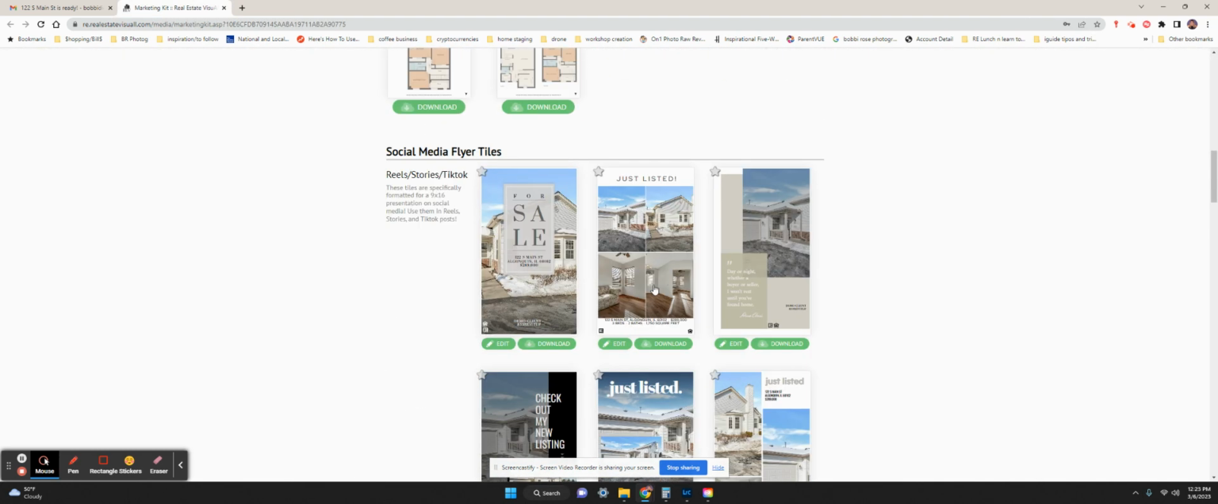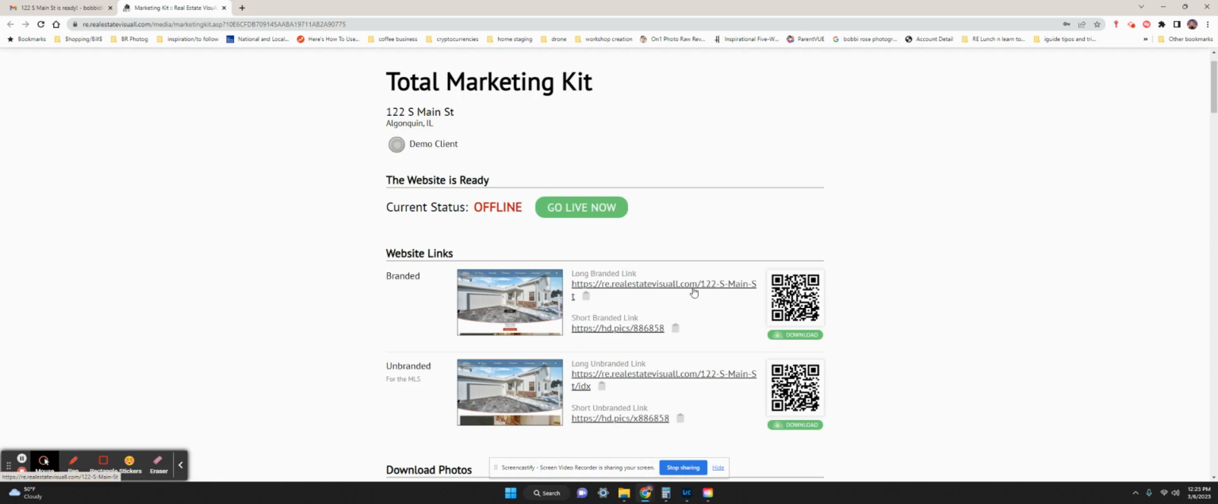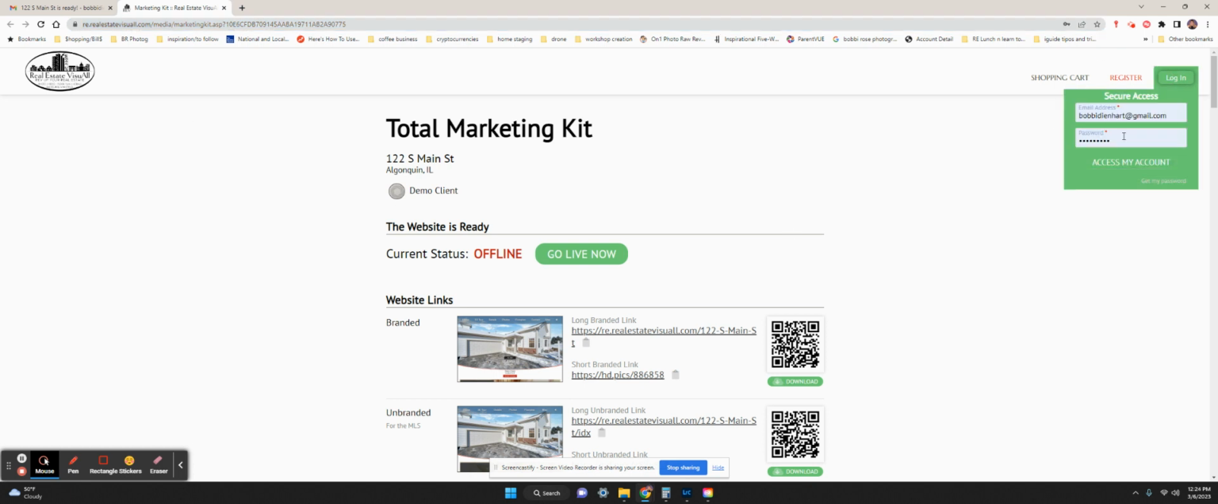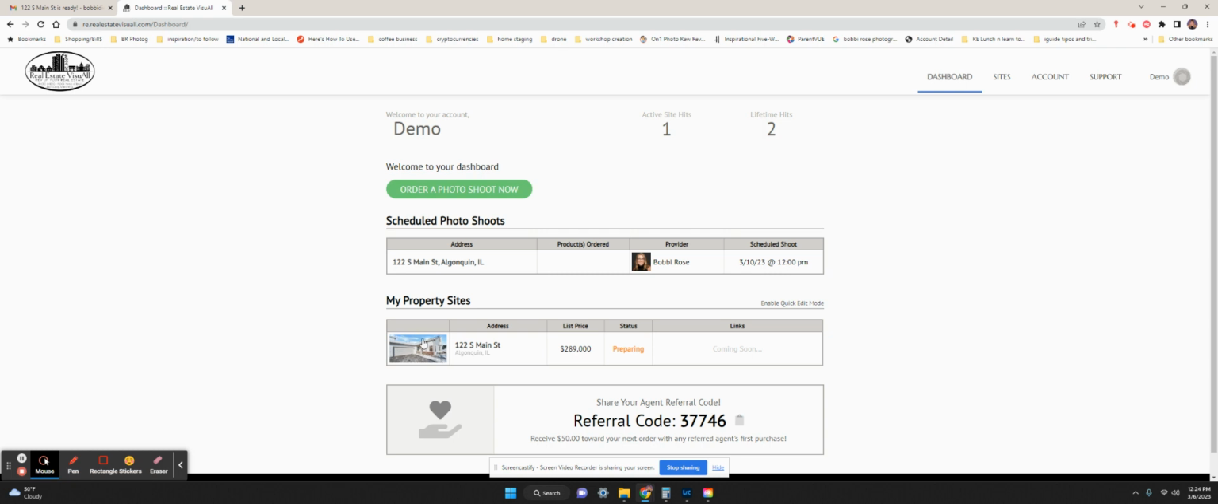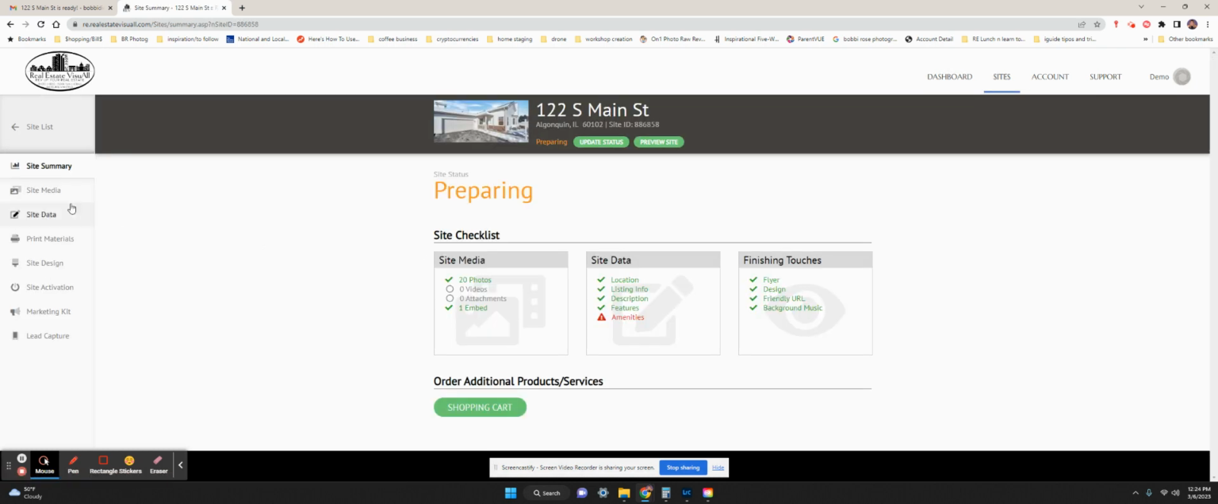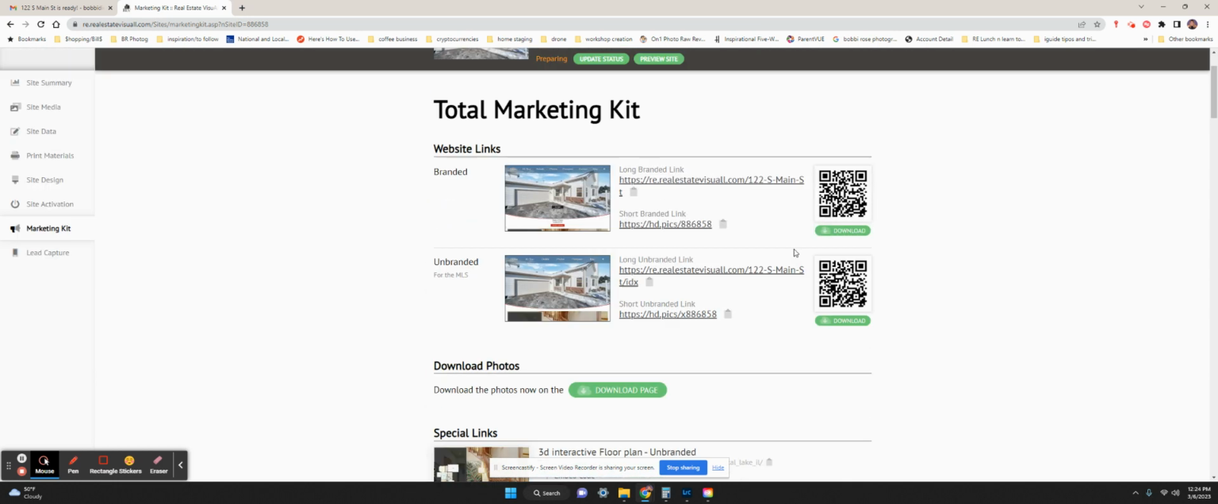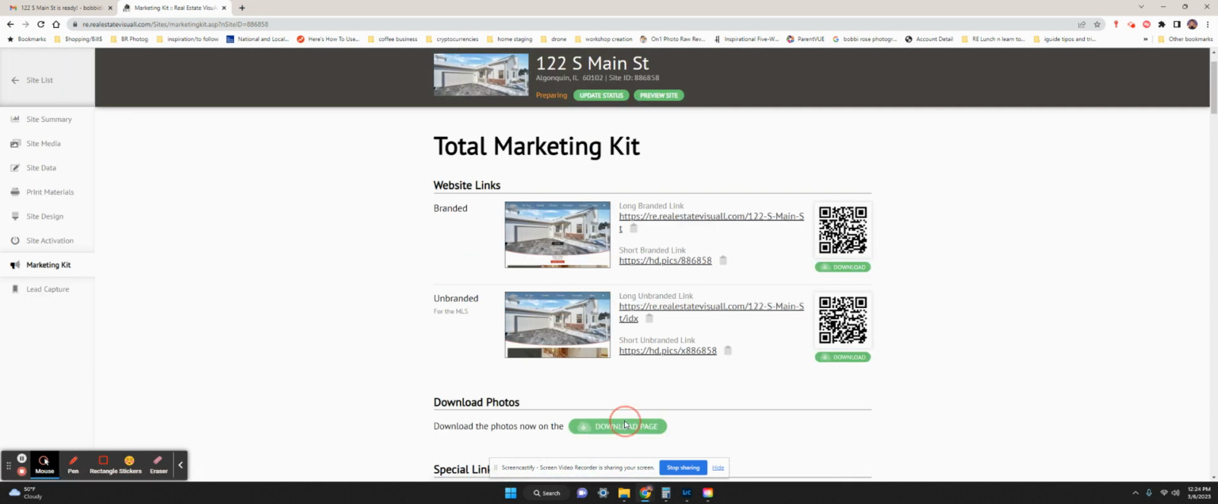So we can log into our account and take a look at the actual files. Let me get into that. See if I can do that. I'm going to log in here, access my account, and I'm going to click on this address and go over to Marketing Kit. And I should see pretty much the same information that we saw there. The download page,